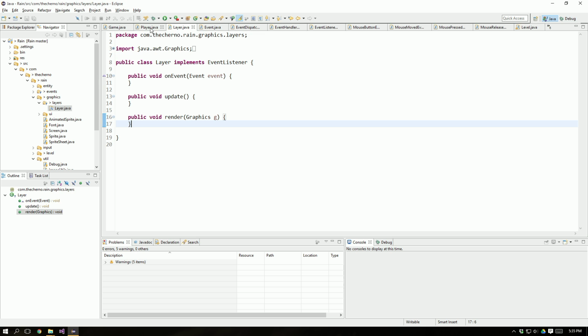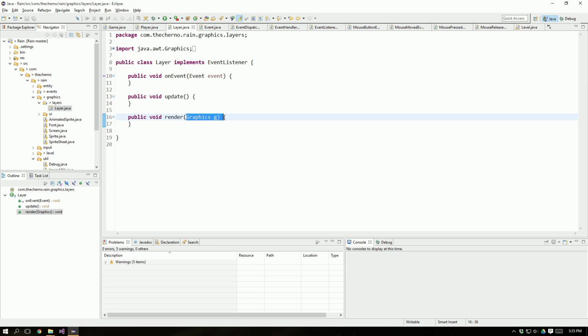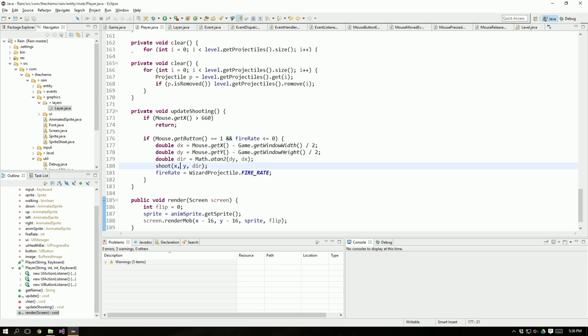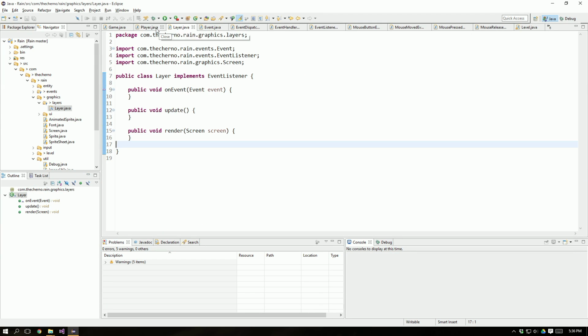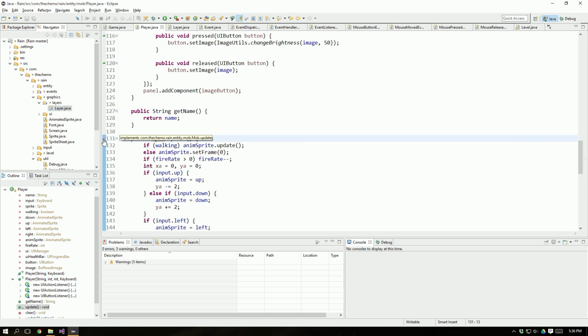We'll leave it as on event. Okay, cool. So if we go to render, we want screen, of course, to be in here instead of graphics G. And update, I think, is pretty much the same. Cool. So now we should be getting, one way to check is if you look at this,